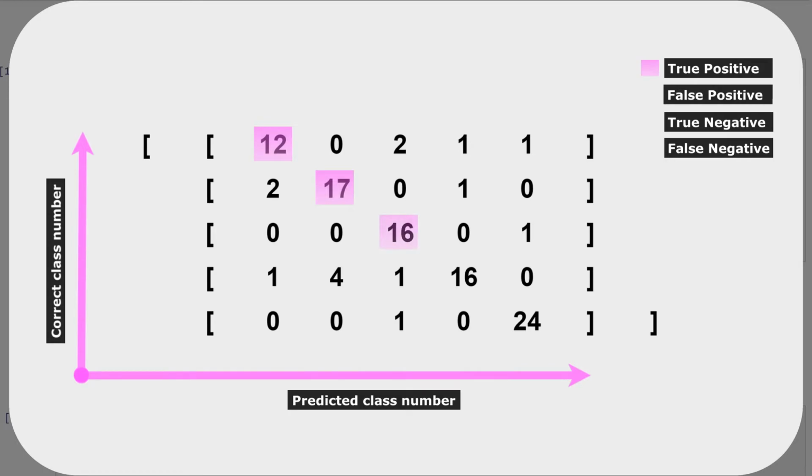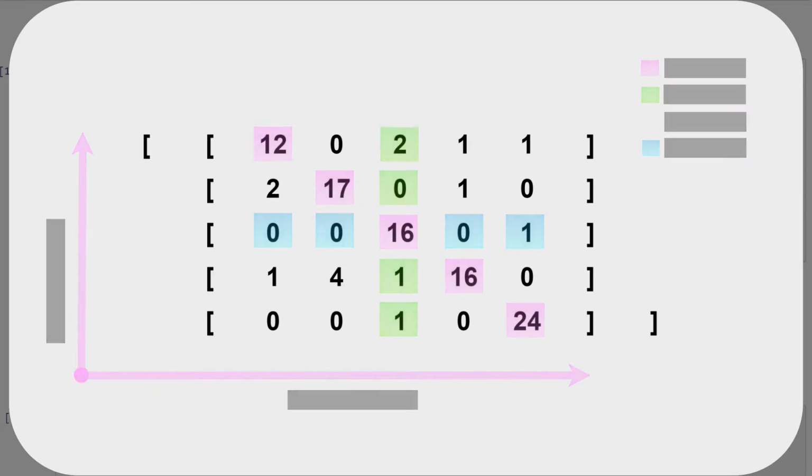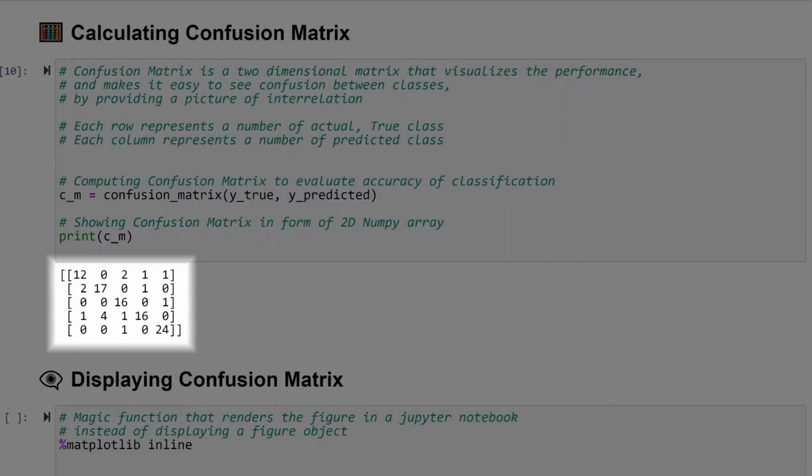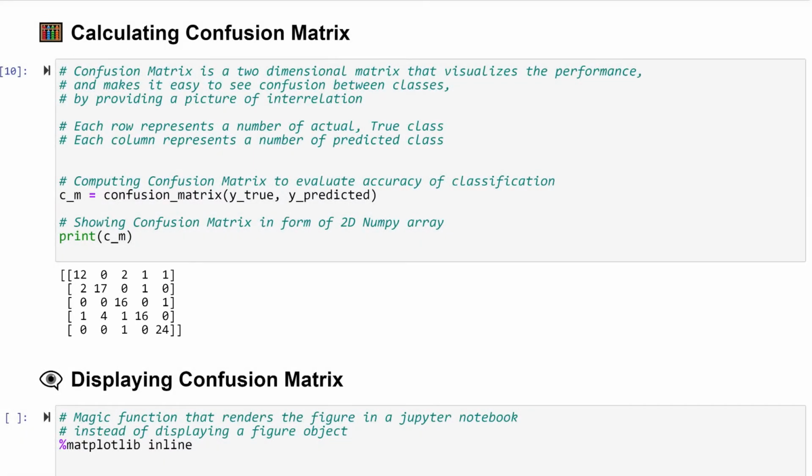The diagonal of the matrix holds true positives, which are numbers of correct predictions for appropriate classes. Columns represent false positive cases, and rows represent false negative cases. Before we consider in detail one particular class, let's move on to the next cell and display the confusion matrix in a more convenient way.